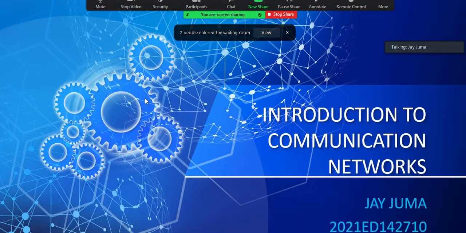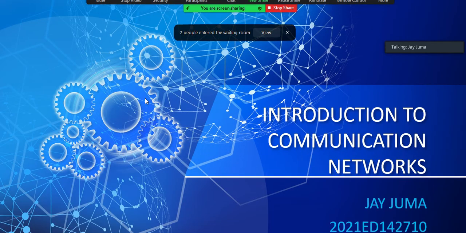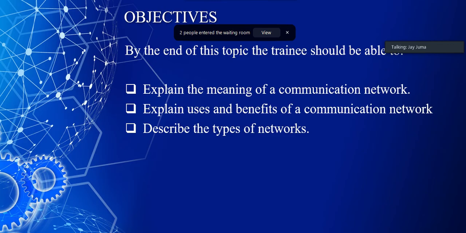From your basic understanding, what do you understand from computer networks? By the end of this lesson, I expect that you'll be able to explain the meaning of a communication network, explain the uses and benefits of a communication network, and describe the different types